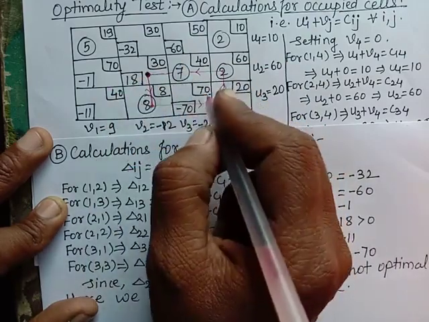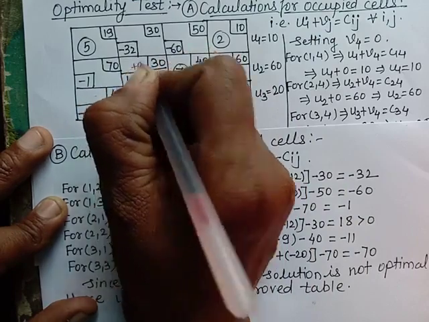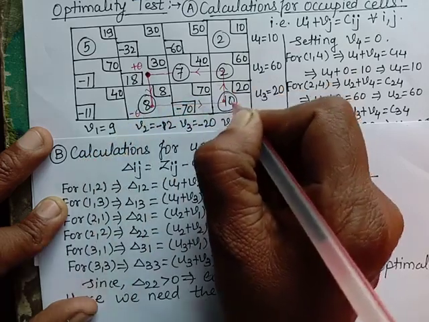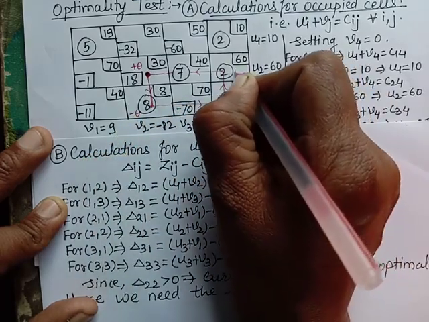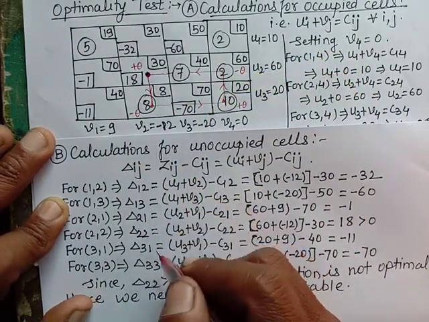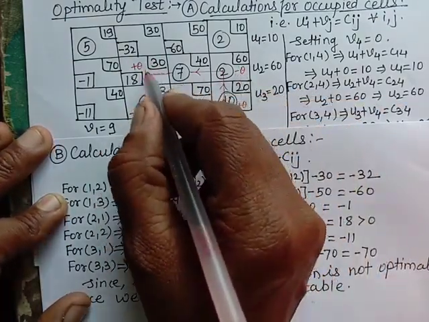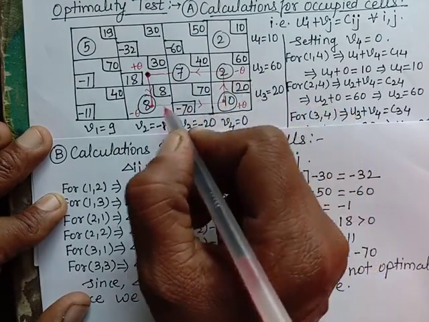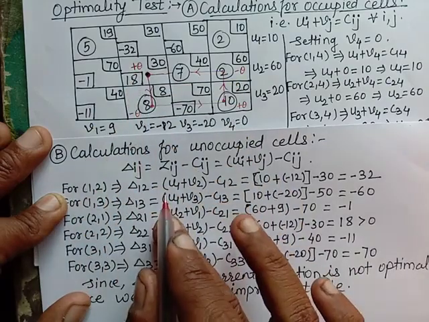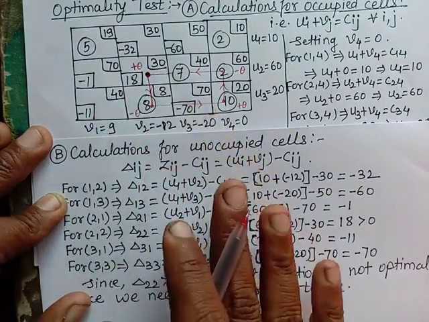Now while doing this, wherever we started, I will write plus theta. Then in the direction I am going, I will write minus theta. Here again plus theta, alternate plus minus. Here again minus theta. As such, alternately I will write plus theta, minus theta according to the direction. I can go in this direction also, it doesn't affect. Still it will become minus theta. This is also minus theta. Wherever we start, that will be plus theta. Remember these things. Now using these we will prepare an improved table.